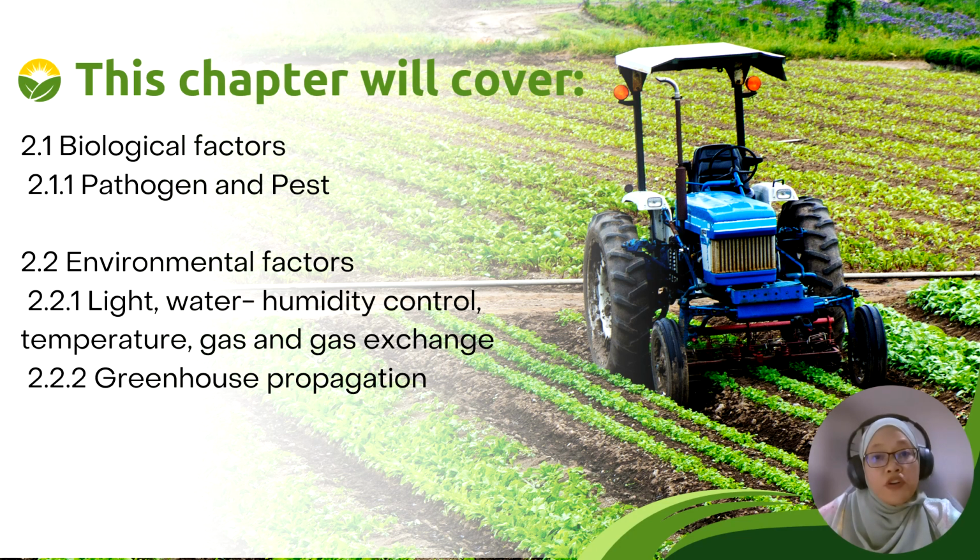This chapter will provide you with knowledge and skills in three main areas. Firstly, identifying biological factors that influence seedling growth. Secondly, understanding environmental elements such as temperature, humidity, and light, and also how they impact the plant development. Lastly, recognizing the use of structures like greenhouse to manage the propagation environment. By mastering this area, you will be better prepared to optimize seedling health and also productivity in the real world